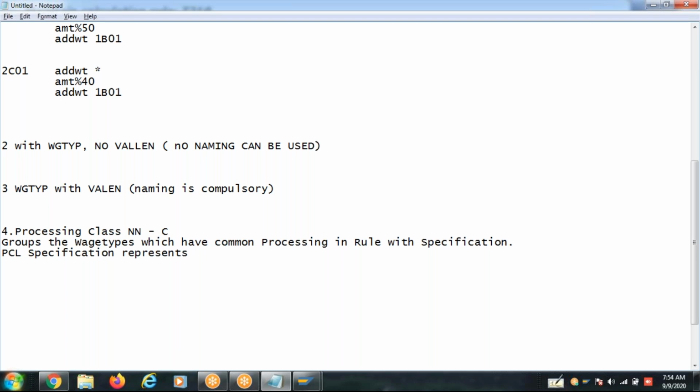a set of wave steps which have common processing logic in the rule. Common processing logic or operations in the rule.